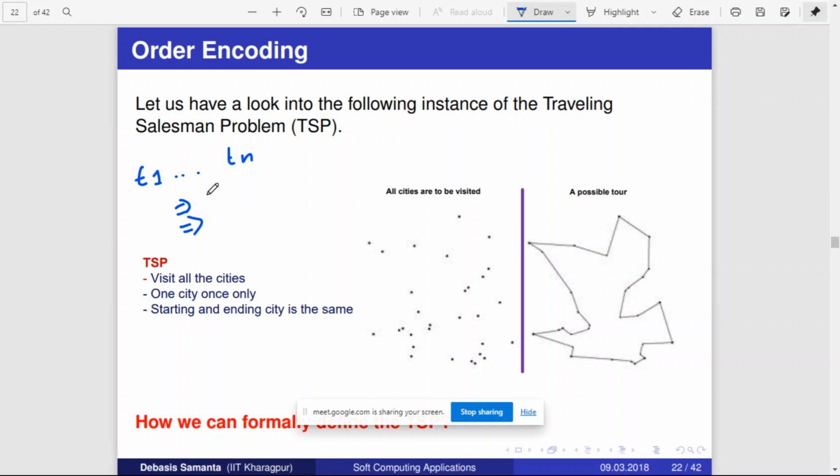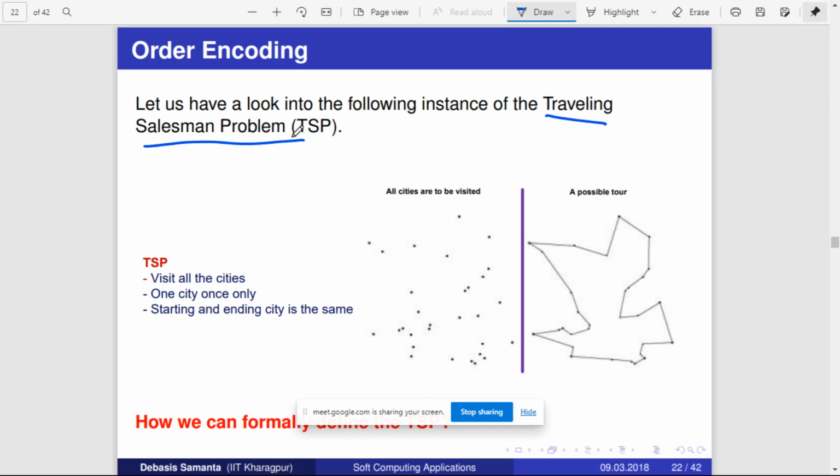If you follow order 1, then you may complete the job in 1 hour. If you follow order 2, you may complete the job in 2 hours. If you follow order 3, you may complete the job in half an hour. Then in that case you will prefer order 3, right? So in such kinds of problems, we go for this type of encoding, which is called ordered encoding, because the ordering matters here. So basically if you order appropriately, the cost will be reduced. One classical example for this kind of problem is the traveling salesman problem.